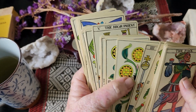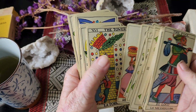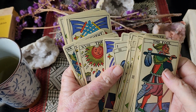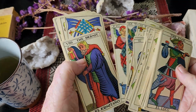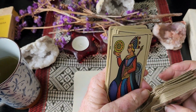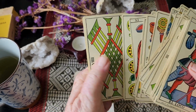It was hard to learn for me because I was busy working, looking after a small child, and didn't have time to sit down and study the tarot. So I used to just read off the paper guide, and I only used the majors, and there's so many negative cards in the majors that it terrified me when I kept getting the Tower and the Devil, and the Death card kept coming up all the time. So I put it away for a number of years, and then in the 90s I bought an